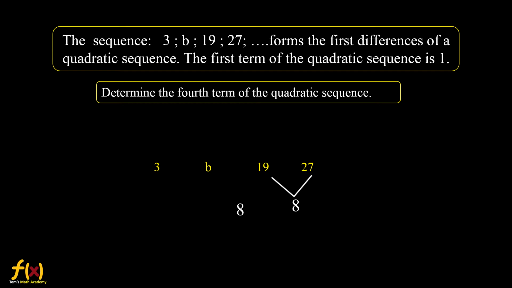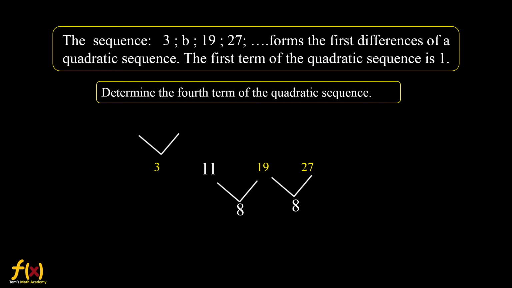19 minus b must be 8. Or b plus 8 must be 19. Or 19 minus 8 will give you b. How much is b? b is 11. We are going back to the